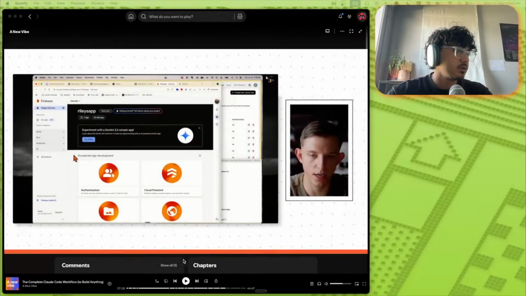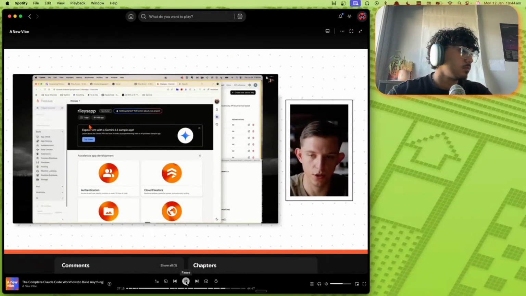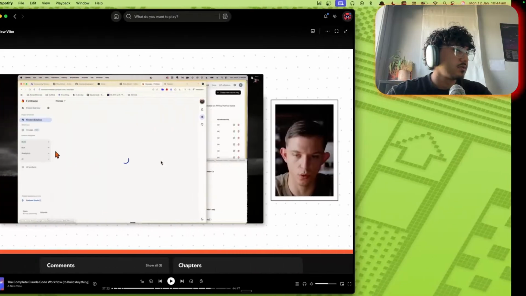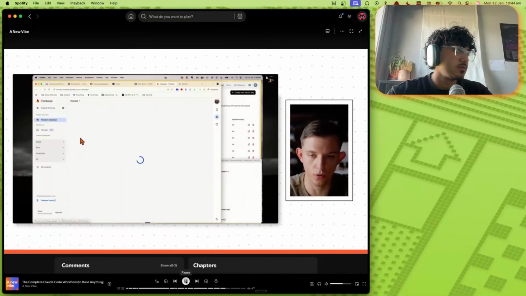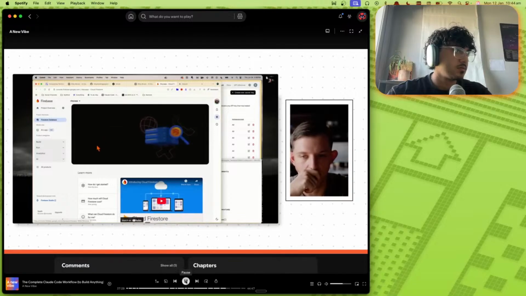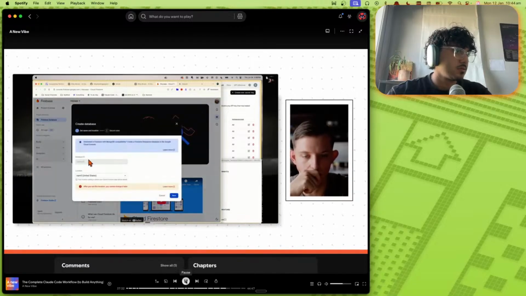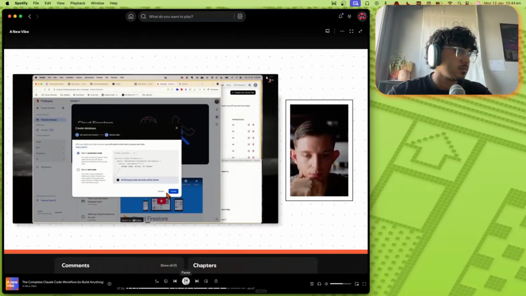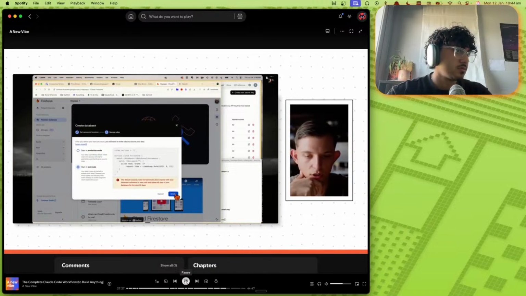This is not as hard. It's not hard at all. All you need to do is just create this database. We actually need to create the database. Build, so we need to go to Firestore database on Google Firebase, and we're just going to create a database. What you want to make sure is you're doing it in test mode when you're getting started before you actually